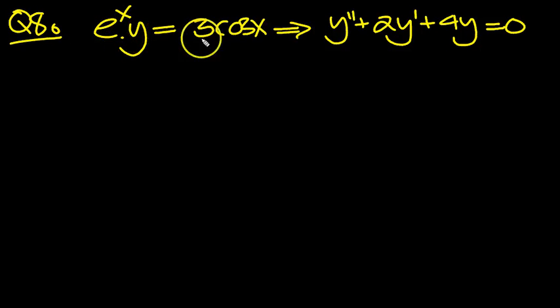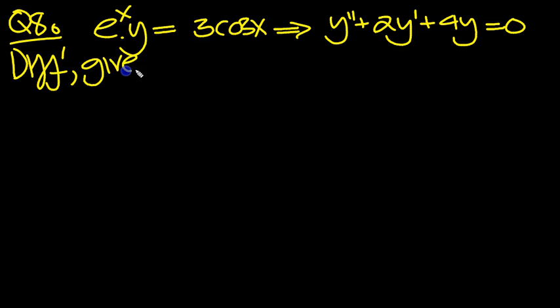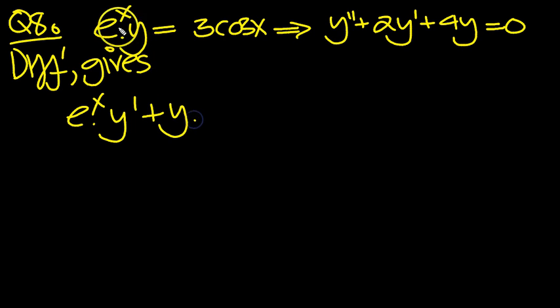e to the x times y equals 3 cos x. We want to show it leads to this differential equation. So let's differentiate term by term then. Differentiating gives, so this is a product, so it's u times the v dx, which is y dashed, plus v, y, times the u dx, which is e to the x, is equal to, and cosine goes to minus sine,